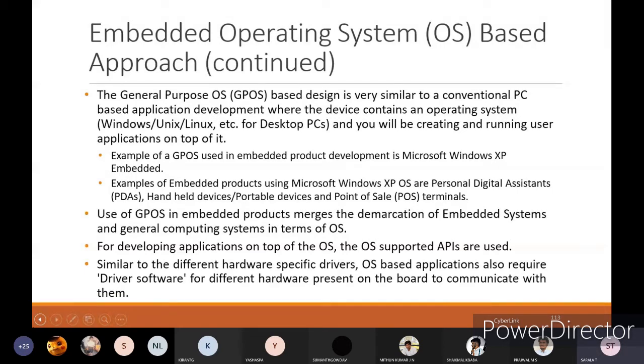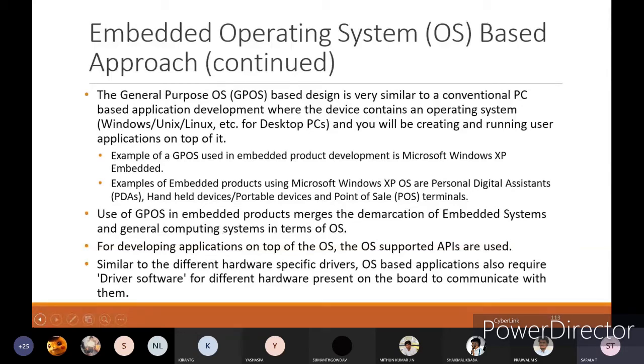Use of GPOS in embedded products merges the demarcation of embedded systems and general computing systems in terms of the operating system. If I take a general purpose operating system, the product may become a general purpose product rather than an embedded system. To distinguish the embedded system from the general purpose system, it should have a different type of operating system.